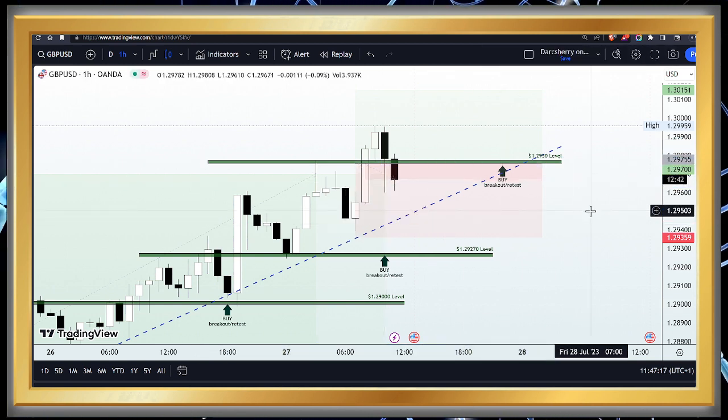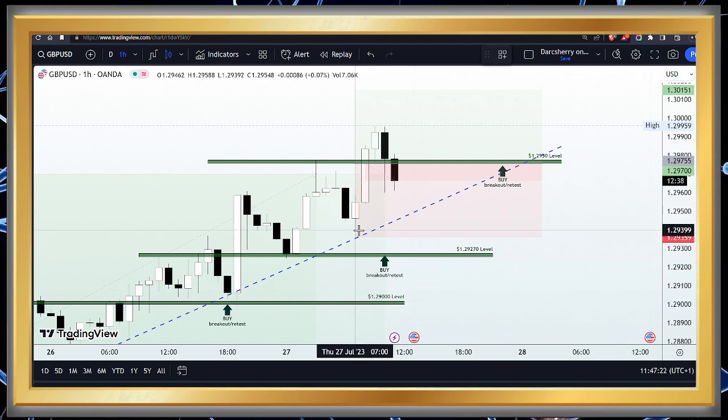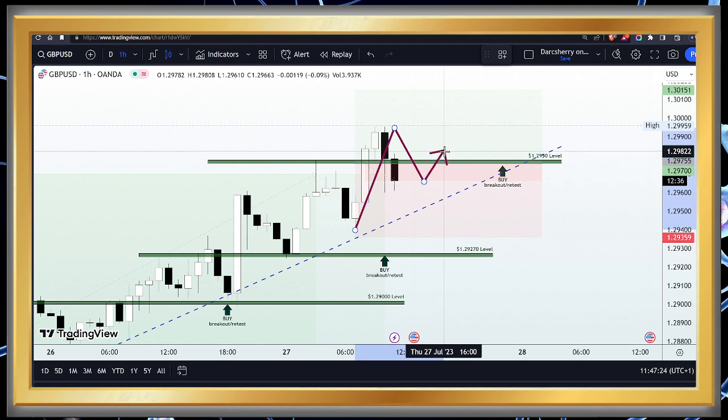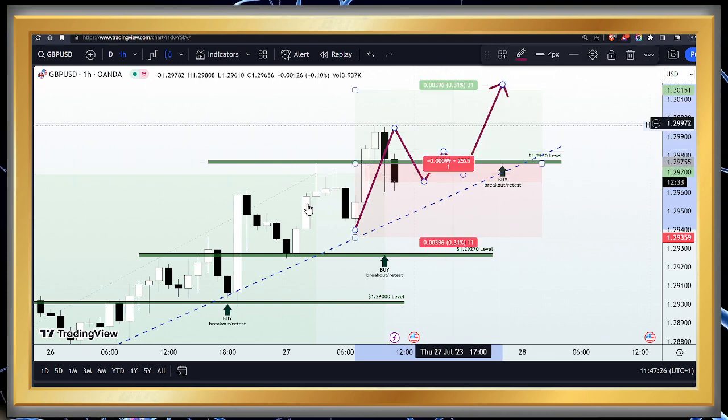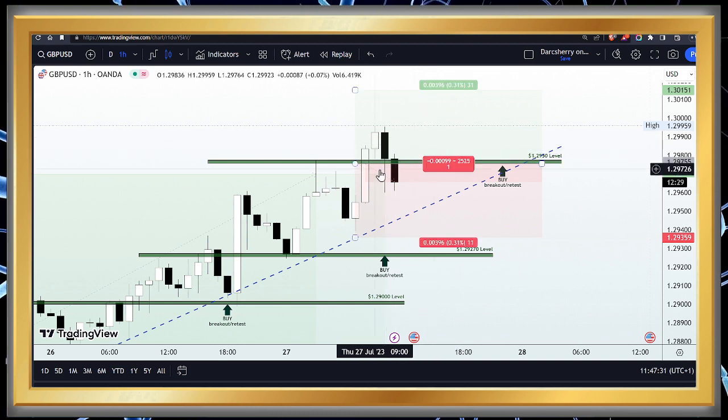Now, for those who are taking this position for the first time, it is reasonable to wait for a breakout retest before we can join a bullish move, and it appears we already have a breakout. Then you could by now get ready to join a bullish move if price action climbs back above the 1.295. So as long as price remains above these levels, we want to feel comfortable in our buy positions, while we also look out for more opportunities to buy the GBPUSD.